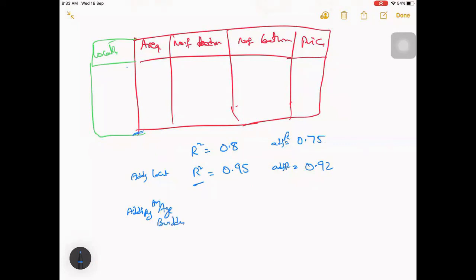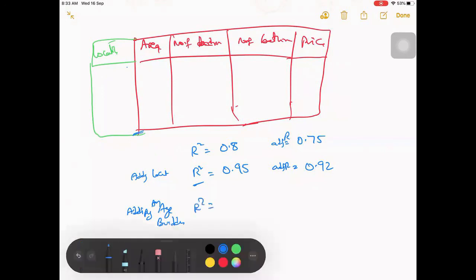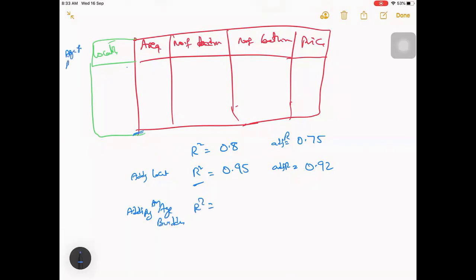Let's think that it is an irrelevant feature, not the reputation of the construction, just the age of the builder who has built it. I am adding this new thing here.